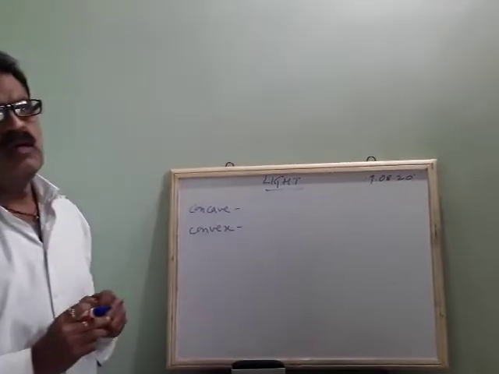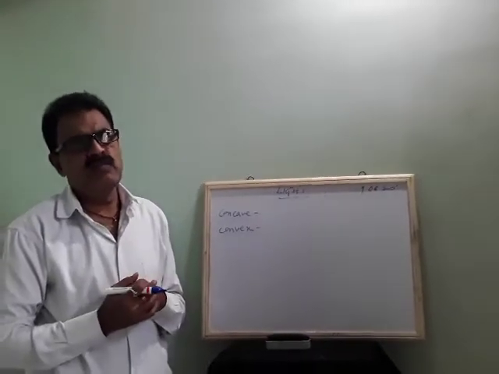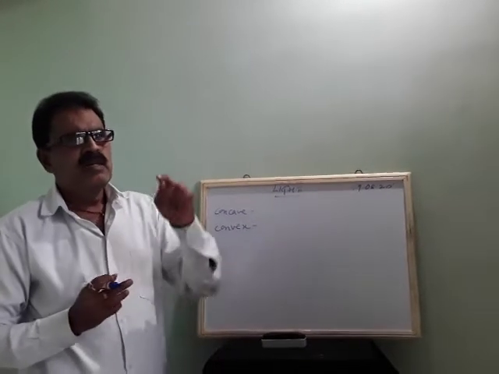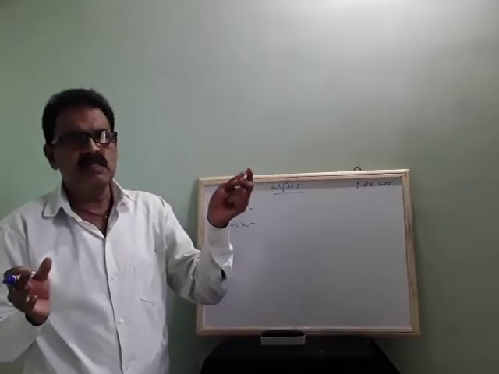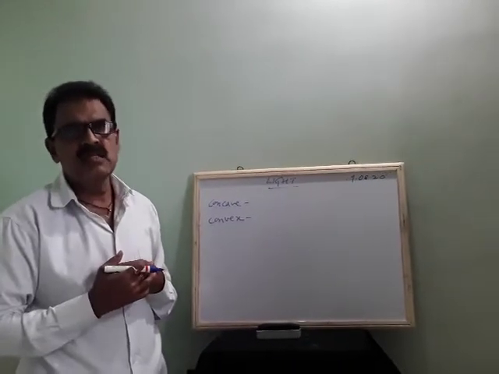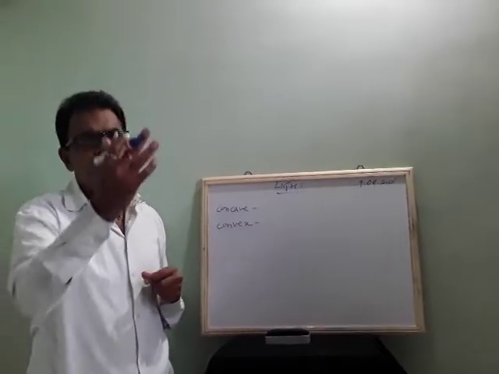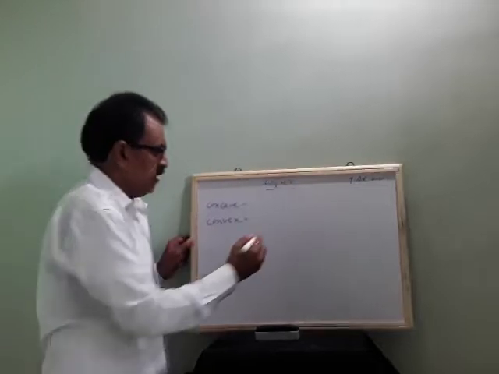Here I will give one nice example, generally what we call a magnifying lens. Actually, what does magnifying mean? The image sometimes becomes bigger in size, sometimes smaller in size, because of the distance of the object. Based on the distance of the object, the image will be bigger or smaller in size. Suppose I take a magnifying lens.